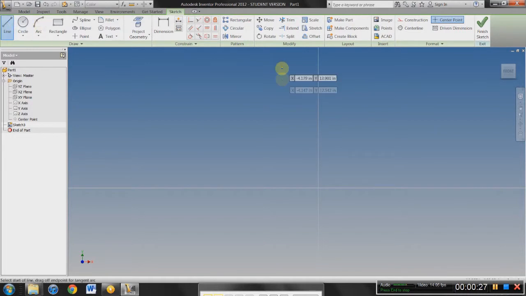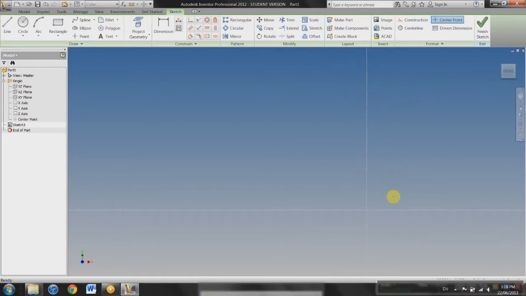So start off by creating a line. Or how tall is a wine glass typically? Half a foot tall, 6 inches. Yeah, 6 inches is good. So start by starting a line at the center. You can either use the line button up here or L, and select the center, and then just go up,